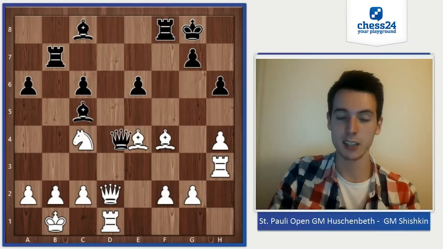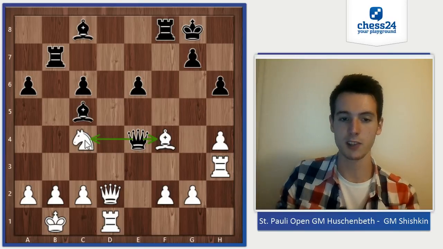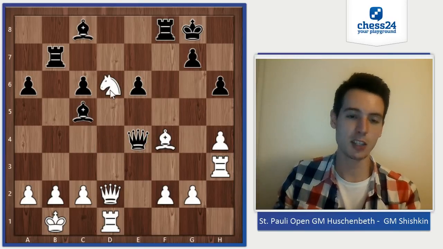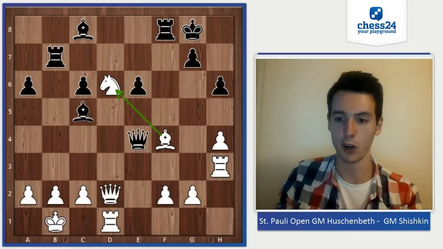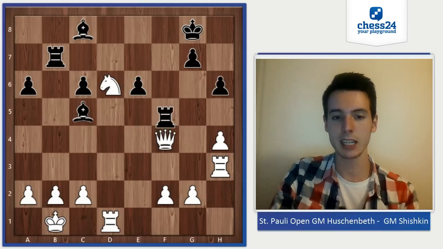If queen takes e4, first it looks like he's winning a piece because both pieces are attacked, but I have knight d6, and there's a very pretty line. So if he takes on d6, now I just take back with the bishop and I'm a pawn up. Very good position. So the critical line is queen takes f4, but here I take,